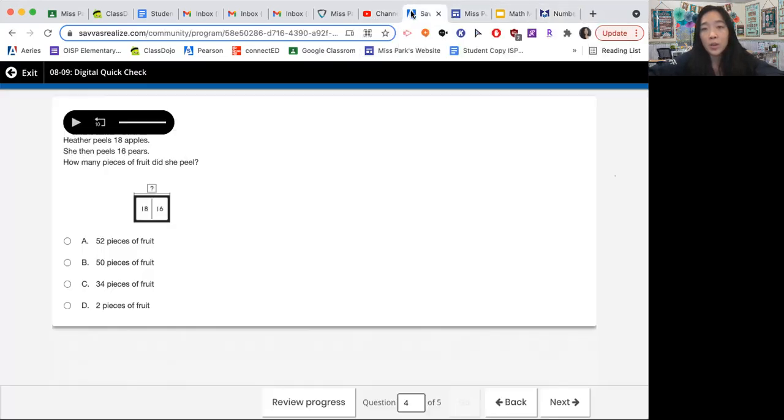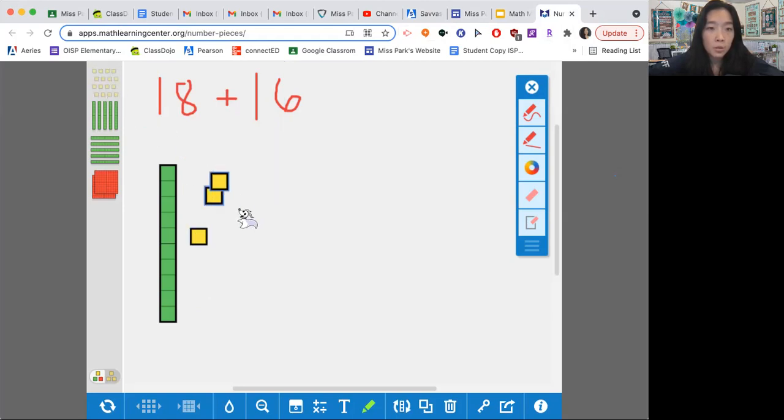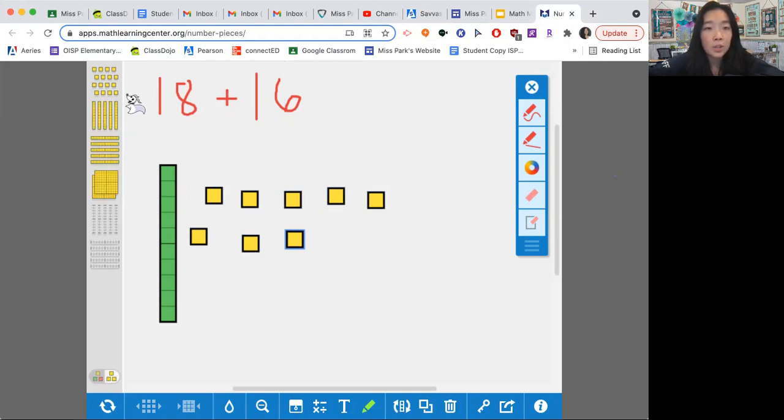So this is one way that you guys can make sure that everyone is on task. You guys can each take turns doing this in your math learning center and your math manipulatives. Okay. So I'm going to do 18 here. 1, 2, 3, 4, 5, 6, 7, 8. And then I'm going to do 16. So that's 18. And I'm just going to put them all on the same side. 1, 2, 3, 4,